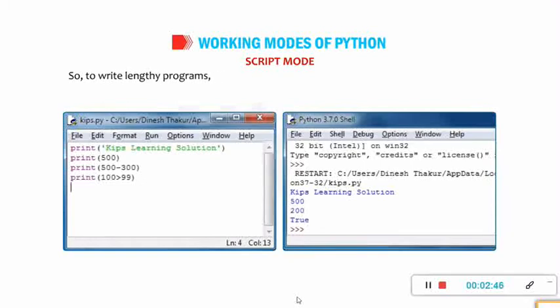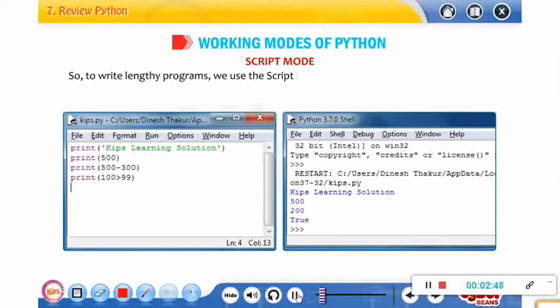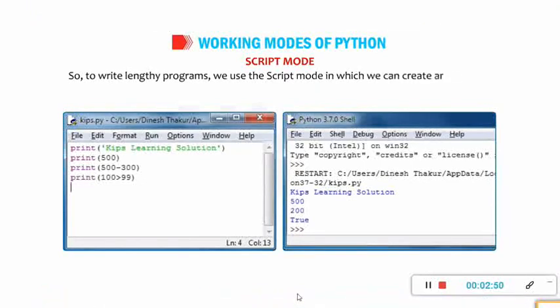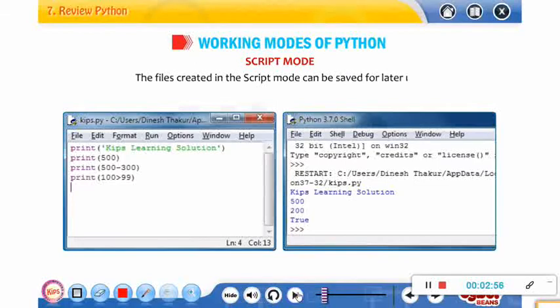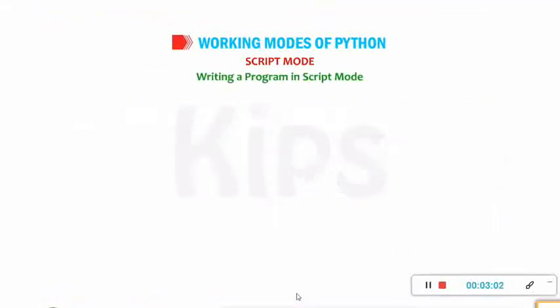So to write lengthy programs, we use script mode, in which we can create and edit programs. The files created in script mode can be saved for later use.